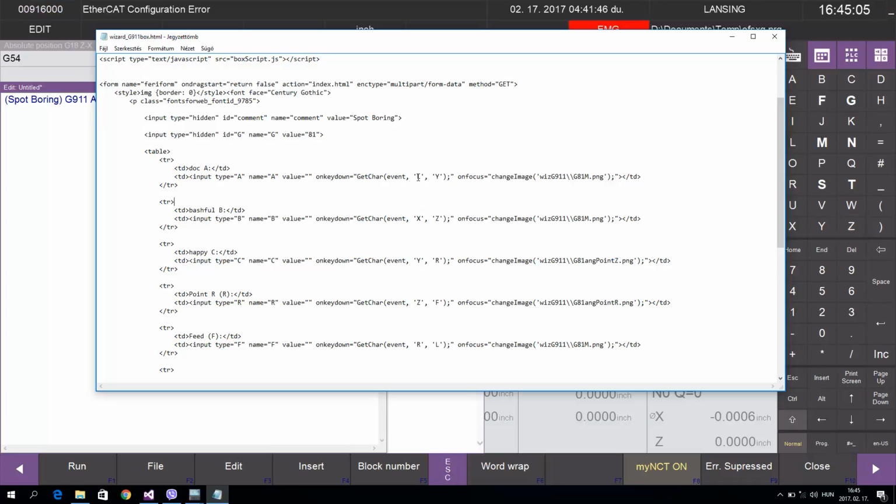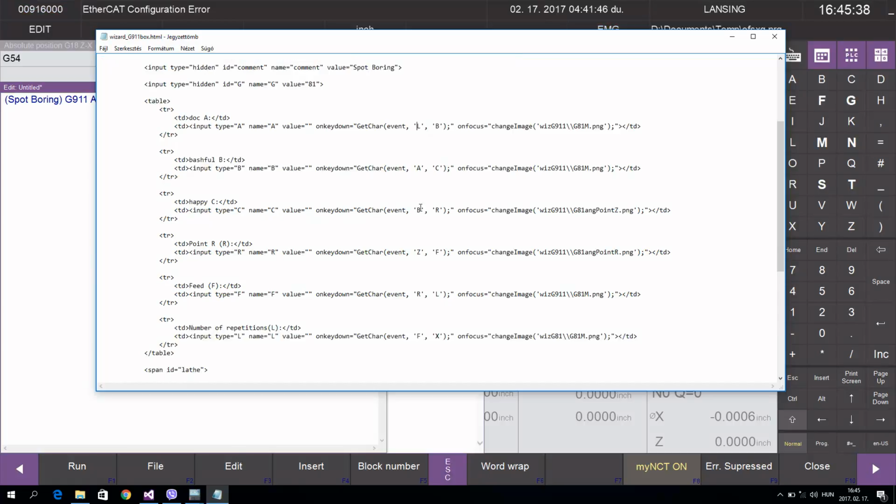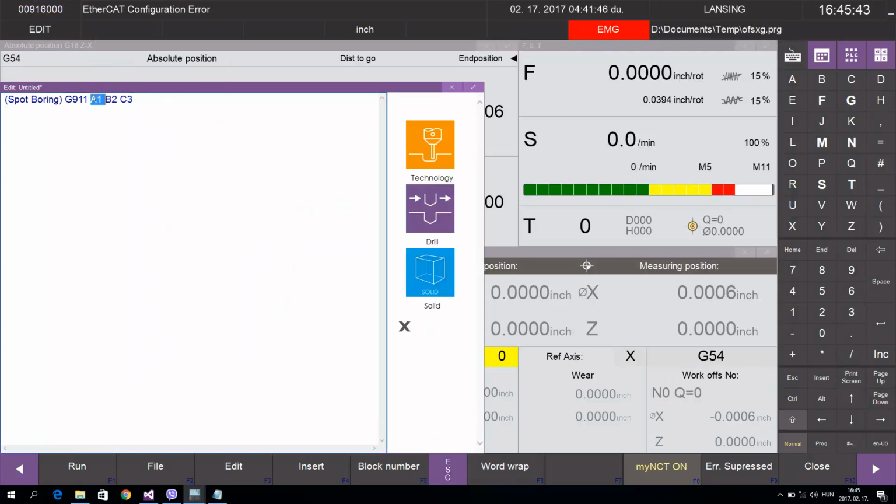So we should set here that A is followed by B and B is followed by C, and C is after B, and B is after A, and A is after L. It should be good. So if I save it and I go back to my window and I press double click,